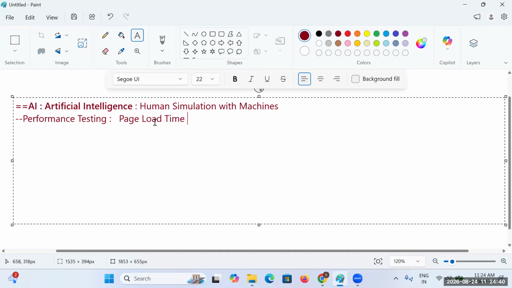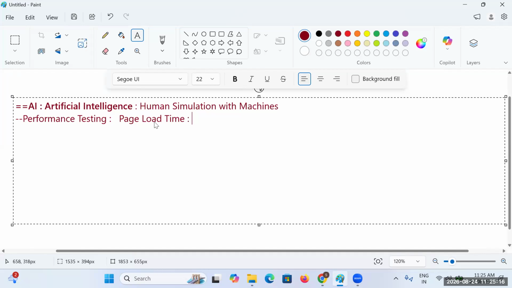Now, if you want to do performance testing, is there any use of doing it with just 5 members or 10 or 20 members?